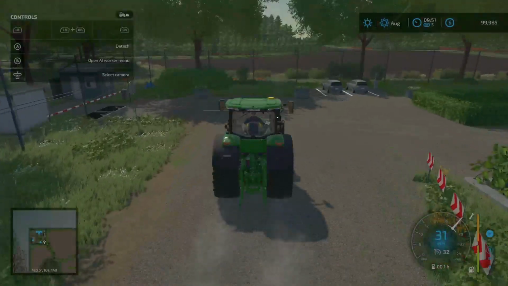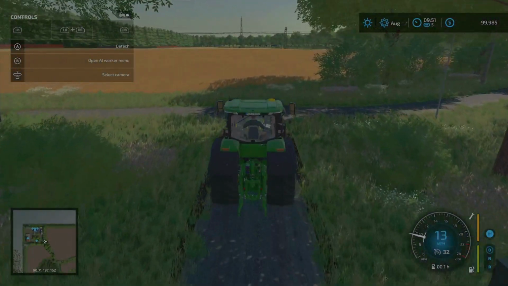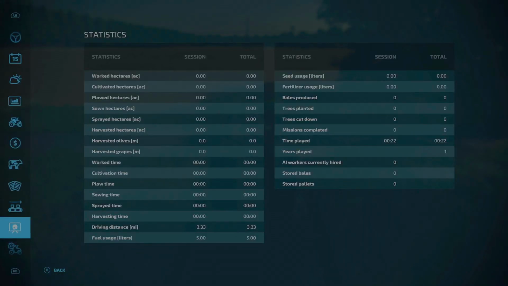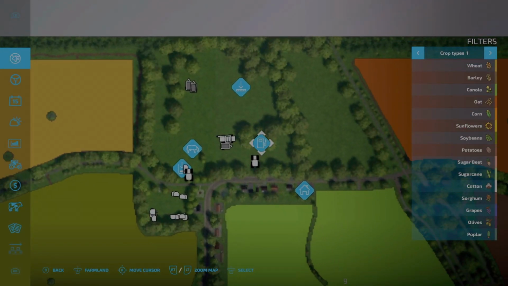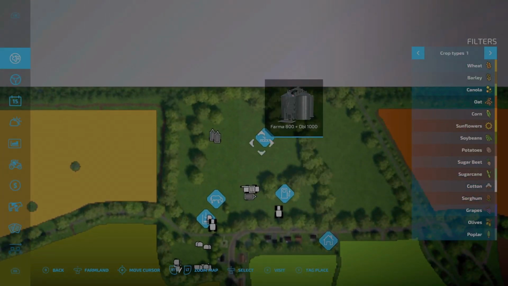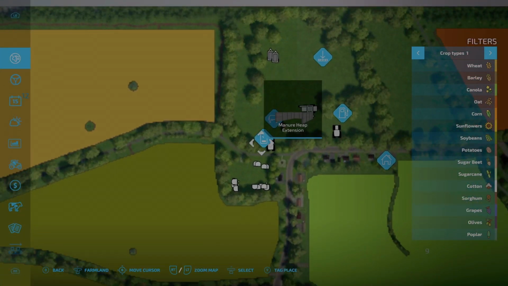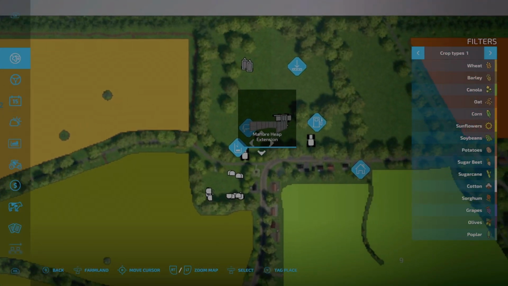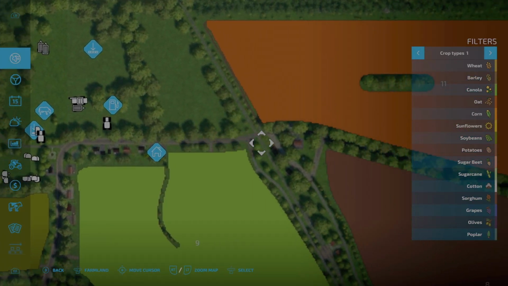Come over here, and now we have to backtrack again. So before we do that, let's take a look at the map and see where we've been and what we've seen. So we started here at our starting farm. We went and saw the gas station, the silo, the bunker silo that's up here. You have the cow barn here with feeding robot, the manure heap, all that. We then came out and across the street where we saw the farmhouse. And then we